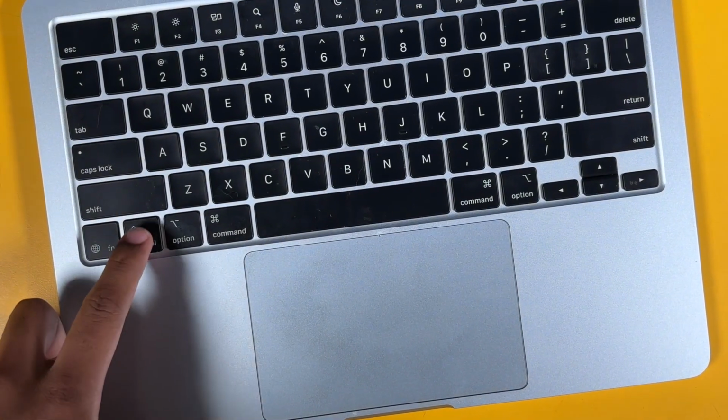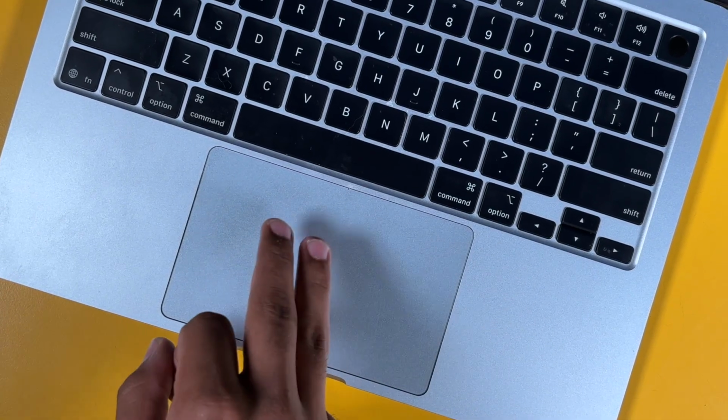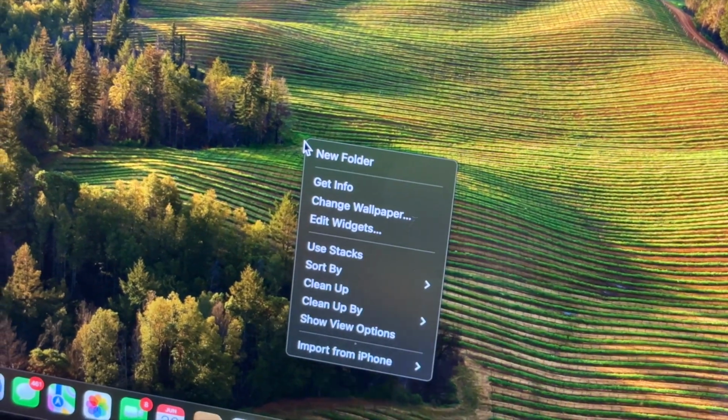If you normally want to do a right click, you have to first press the control key, then press the mouse click to open the right click menu. But doing this takes time and often requires both hands. A simple solution is to do a single click using two fingers, as this will easily open the right click menu in a single click.